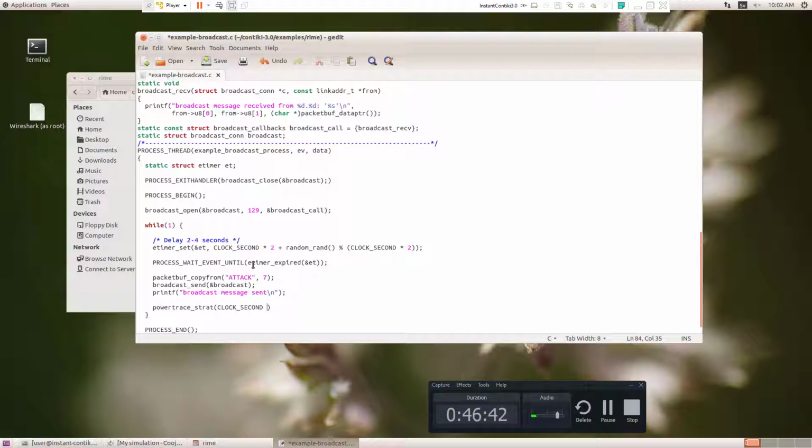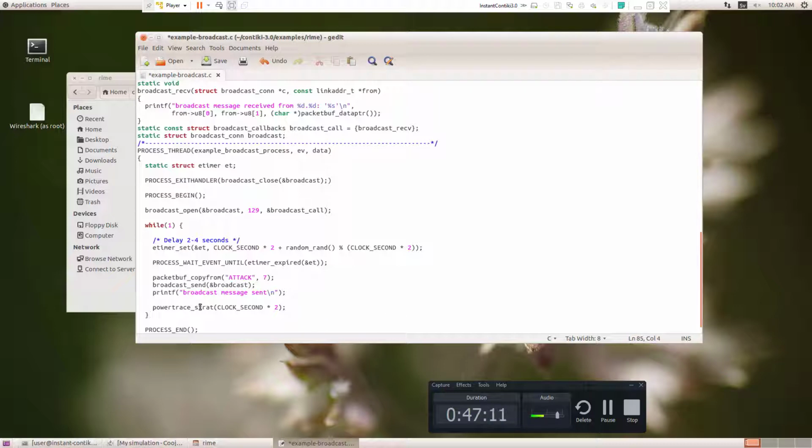So into means, you can see the same command here. The command is available here. I can just copy it and paste it here. So power trace start, every 2 seconds I want to print the power consumption details. So now you can see this is going to be our command. I just included this command here.